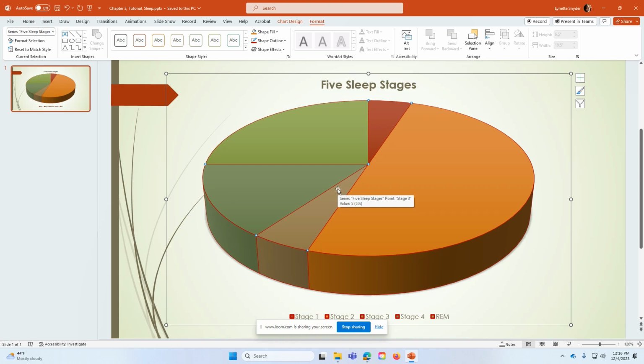Some other formatting is going to be done to the title and the legend. Does everyone know what the legend is? The legend is what is here at the bottom that says stage 1, stage 2, 3, 4, and REM. That's the legend. So we're going to start with the chart title,